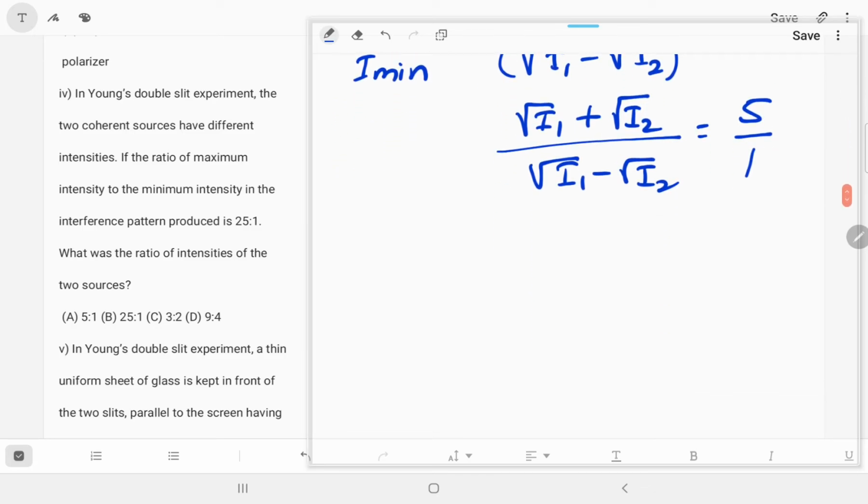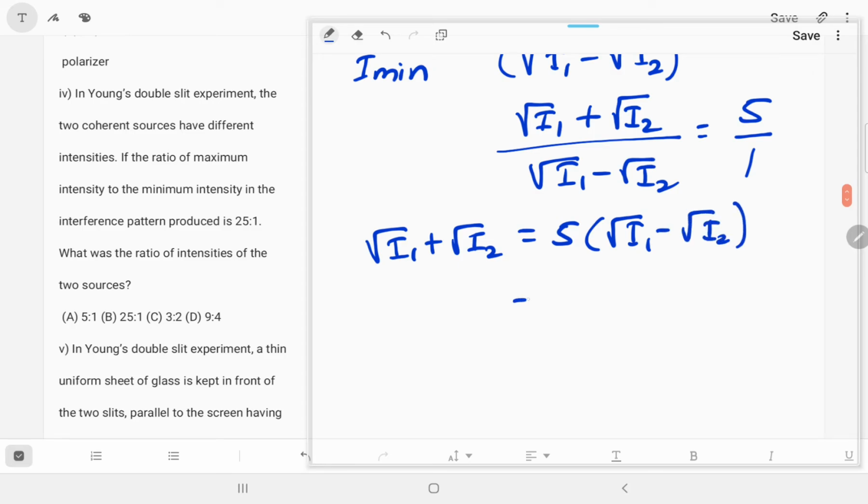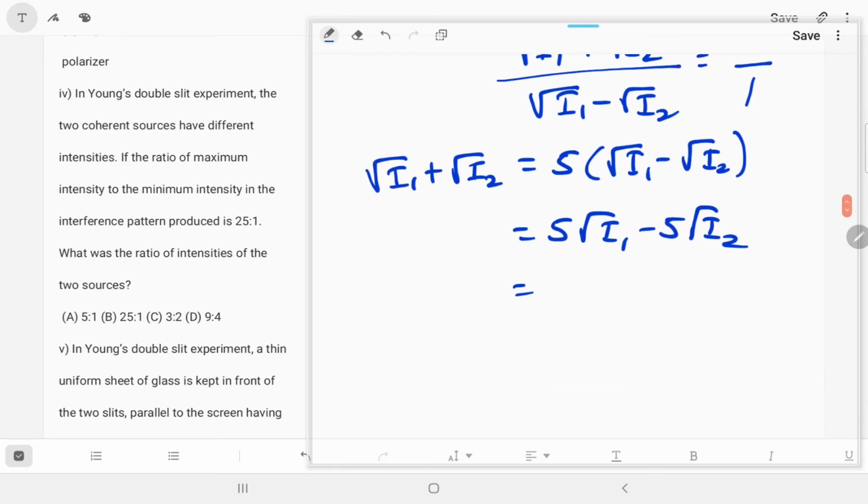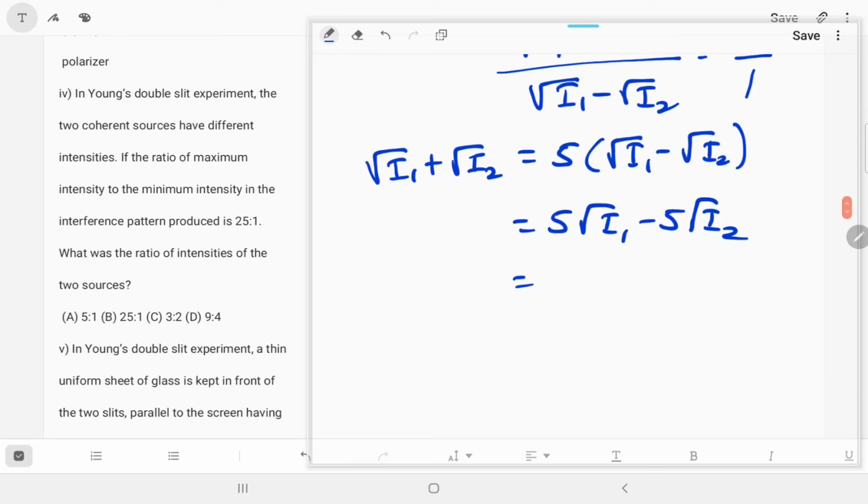So now we can cross multiply this. So this will be root I1 plus root I2 is equal to 5 times (root I1 minus root I2). So now it will be 5 root I1 minus 5 root I2, and you can now write this as